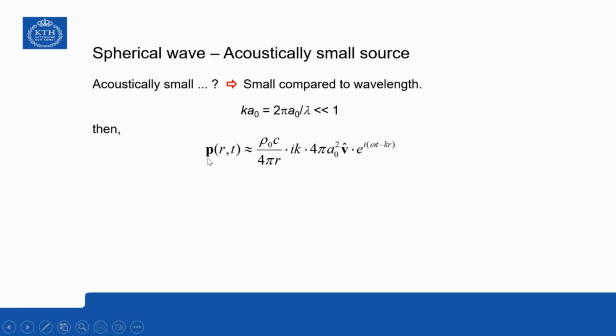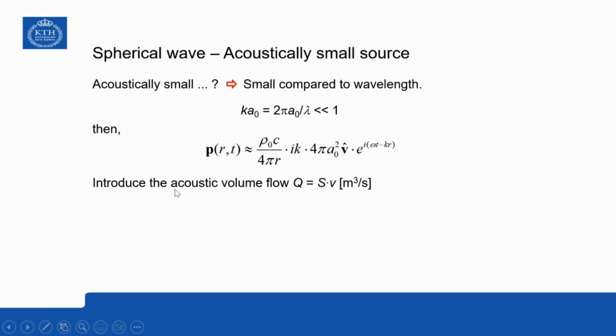So that means that the sound pressure field then becomes approximately equal to this. So this ik here, that is what remains. The sound pressure field becomes approximately equal to this expression if we can neglect this ka0 compared to 1 in the specific acoustic impedance. Then we can introduce